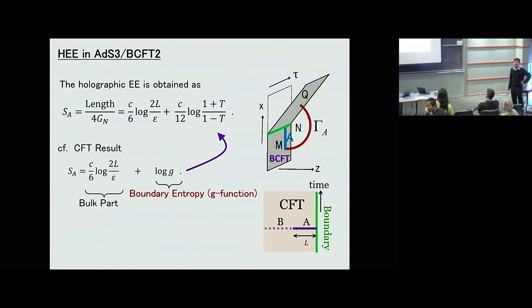Wasn't it the case that you did earlier that A was separate from the boundary, where you were drawing these island surfaces? Here, this A would again be at the boundary? So you mean, if you change this subsystem? Sorry, I was just wondering, does this not require A to extend out to the boundary? Yeah, this boundary term, this contribution comes from this extra piece, like this part. So there is some horizontal line, right? There is a horizontal point. This part basically gives the first term, and this upper part gives a finite constant.